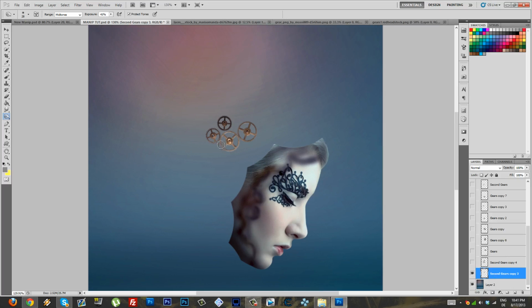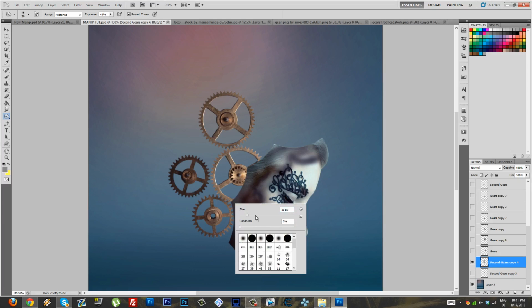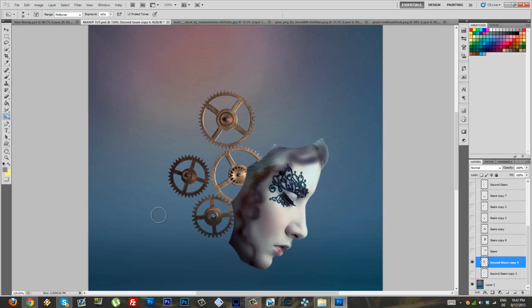So I'm just gonna start burning the bottom, leaving the top a bit exposed. There we go. Now let's hide it and pass on to the next one. I'm gonna choose a bigger brush size since the gears are bigger. Gonna make some shading on the bottom. And I'm gonna continue here